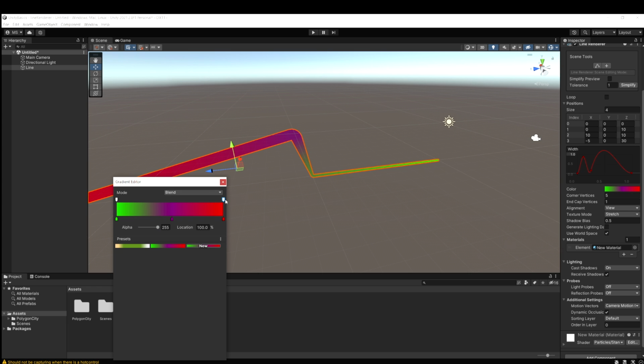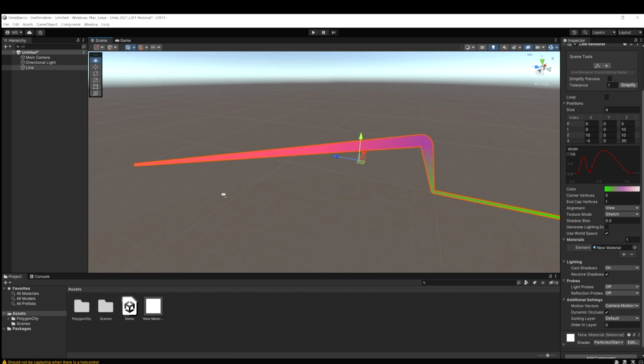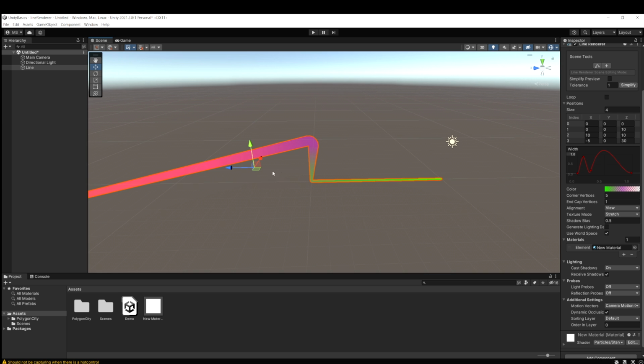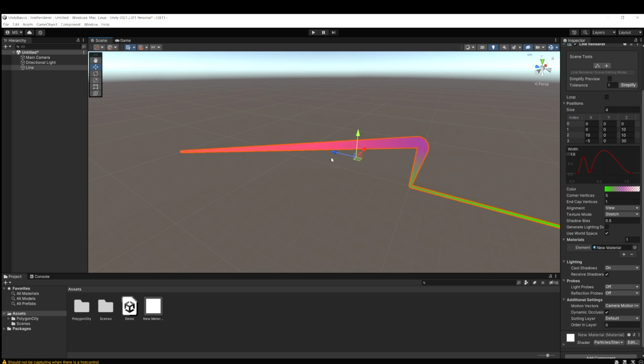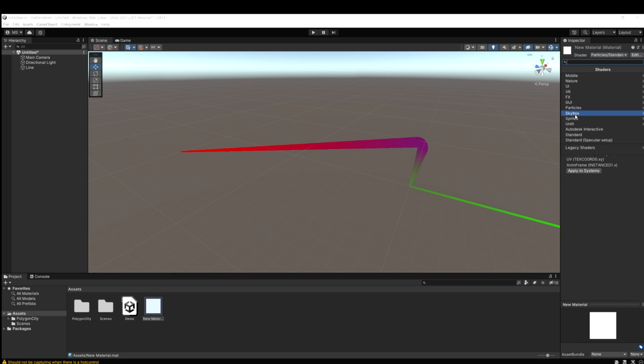The top ones here control the transparency. If we select this, you can see it's alpha. If I decrease that and then we look at it, you'll see it's going to start getting more transparent. You can't really see it right now because there's no objects in the scene, but that will actually be transparent. Now if we go back to our material,